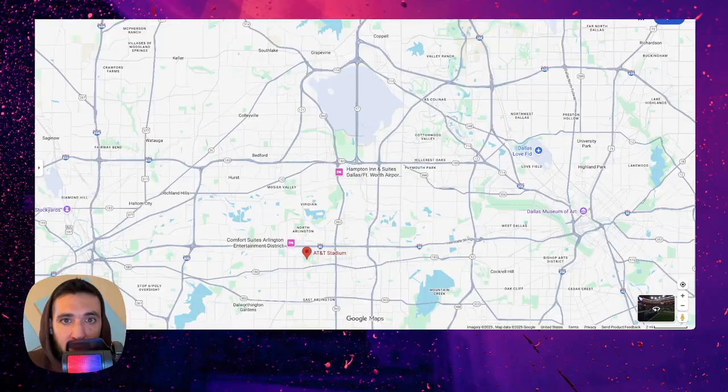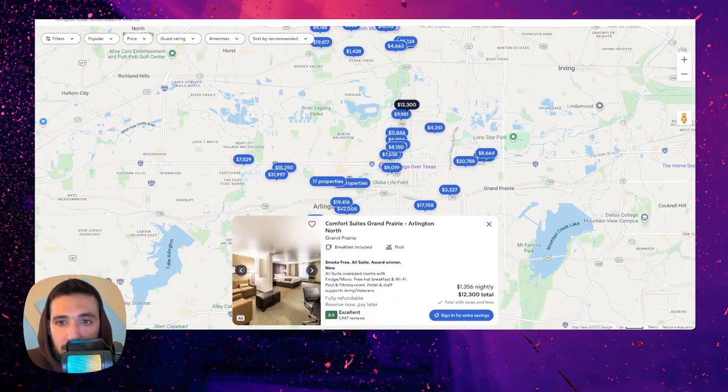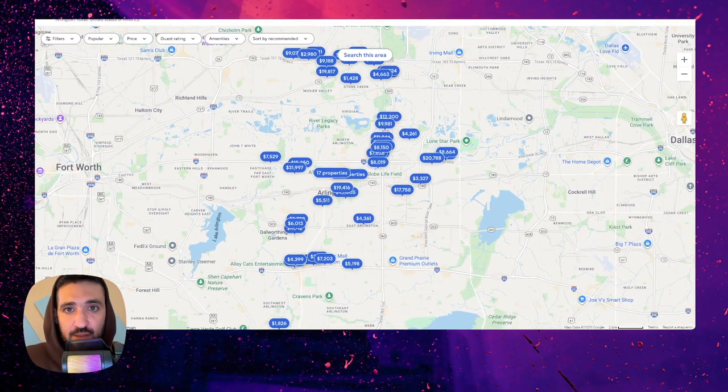Okay, so here's the airport and here's the stadium. Again, it's kind of roughly the same across the city, which you're going to need transportation to get to. So let's check the hotels in Arlington, Texas. Let's check the map. So we get a rough idea of where we're staying versus where the stadium is.